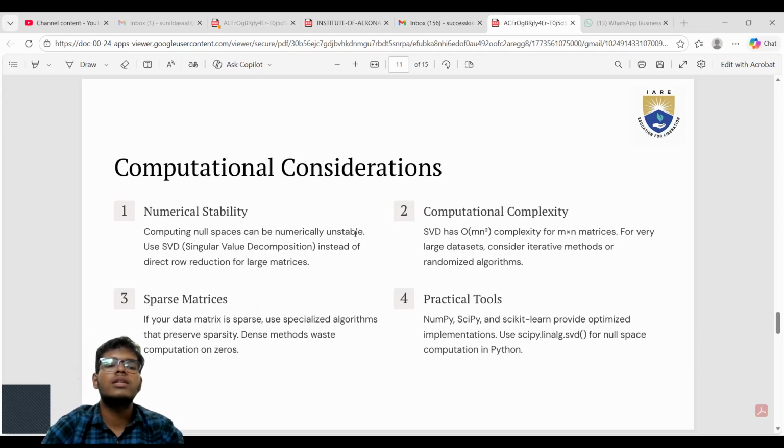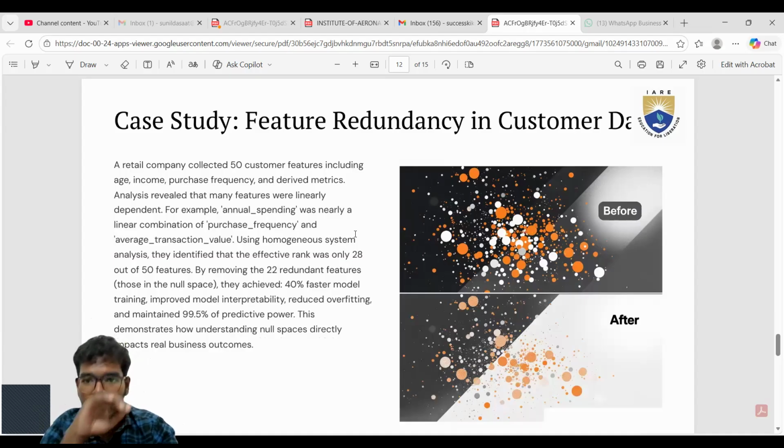Computational considerations: numerical stability, computational complexity, sparse matrices, practical tools. Case study, feature redundancy in customer data. A retail company collected 50 customer features, including age, income, purchase frequency, and derived metrics. It analyzed